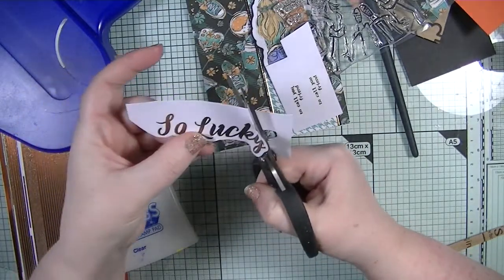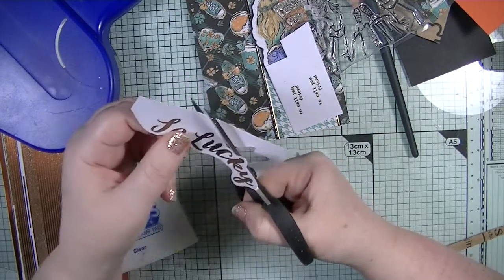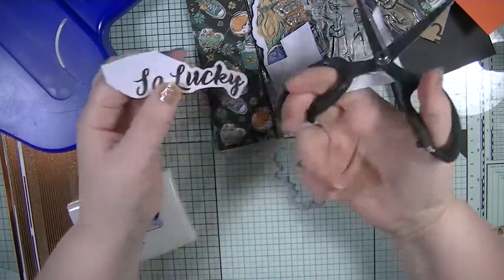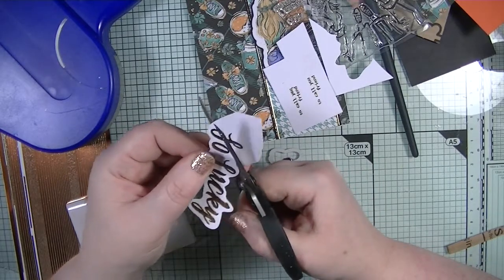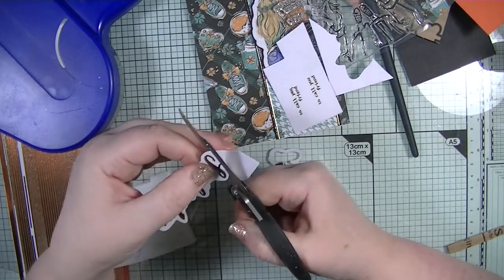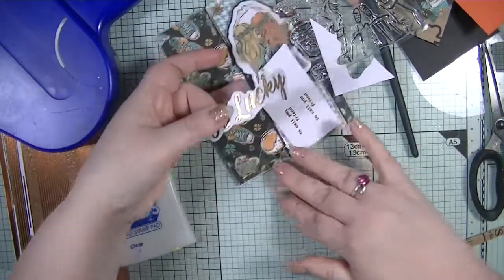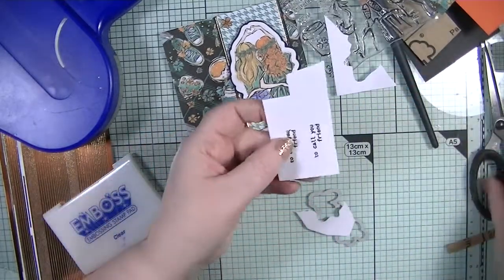So yes, they're there, and yes, I can just quite easily run it through the die cut machine, but like I said, I think I want these to be joined together, and yeah, it just shows that you can fussy cut them out as well without much of an issue. So it's just following all of the lines. There we go. So that's going to sit just across there. And then